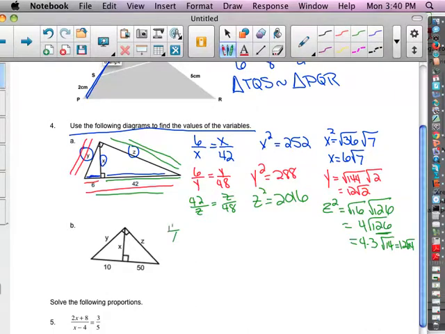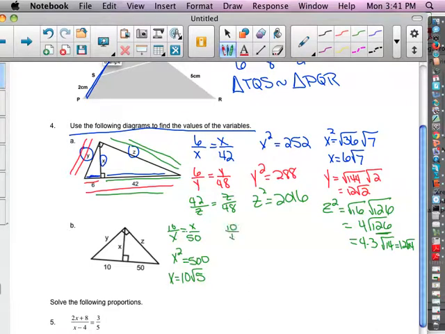10 is to x as x is to 50. So x squared is equal to 500. The factors of 500, one being a perfect square, would be 5 and 100. So x is equal to 10 root 5. Next,